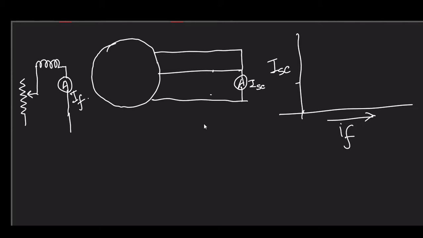Our machine almost gives us this kind of linear characteristic. Here no saturation is observed. Why so? It is interesting to note that in the short circuit test, if you have read the armature reaction part of the fundamentals of rotating machines, you must have understood that when you short the armature terminals, it will produce a very high demagnetizing MMF